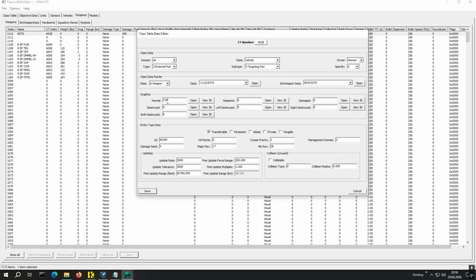Final thing to do is the graphics. At the moment it's linking to the sniper targeting pod. We change it to 11,040. That's actually the model that I've already created for the FLIR. I'm using the same model. It's just an empty